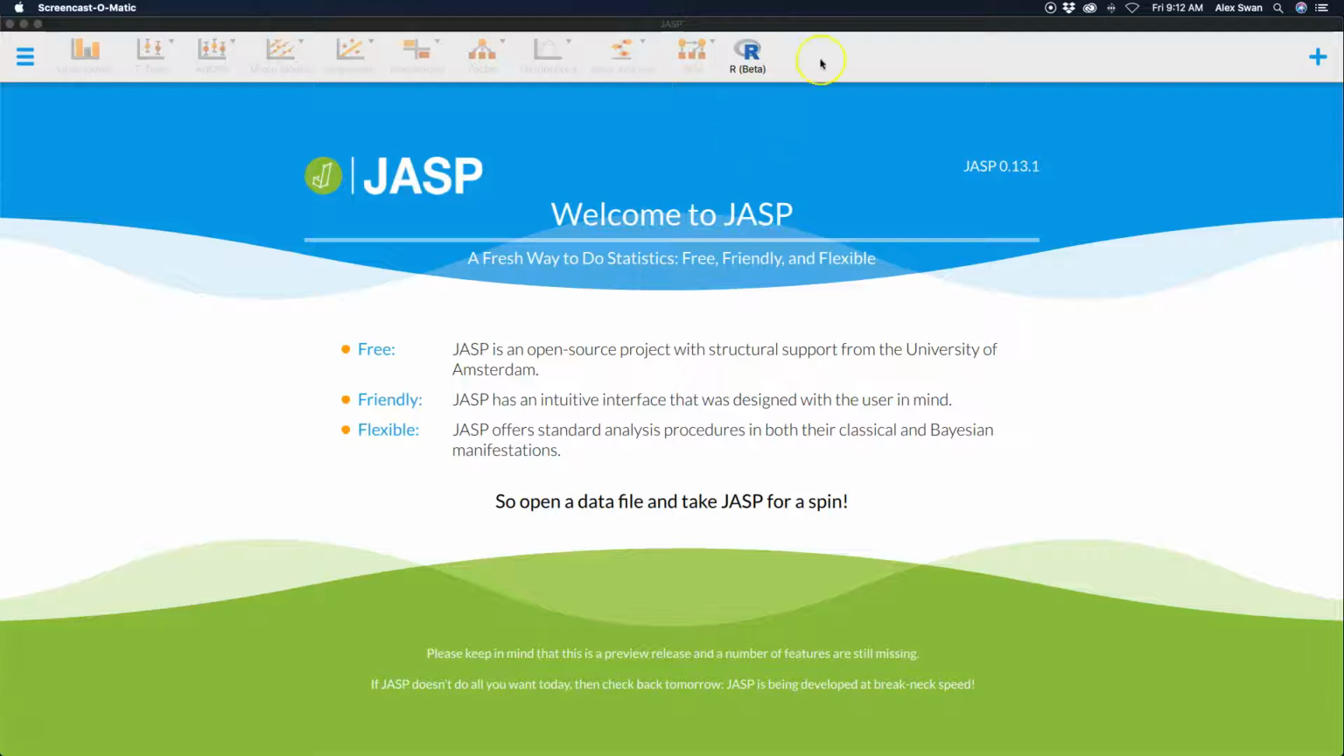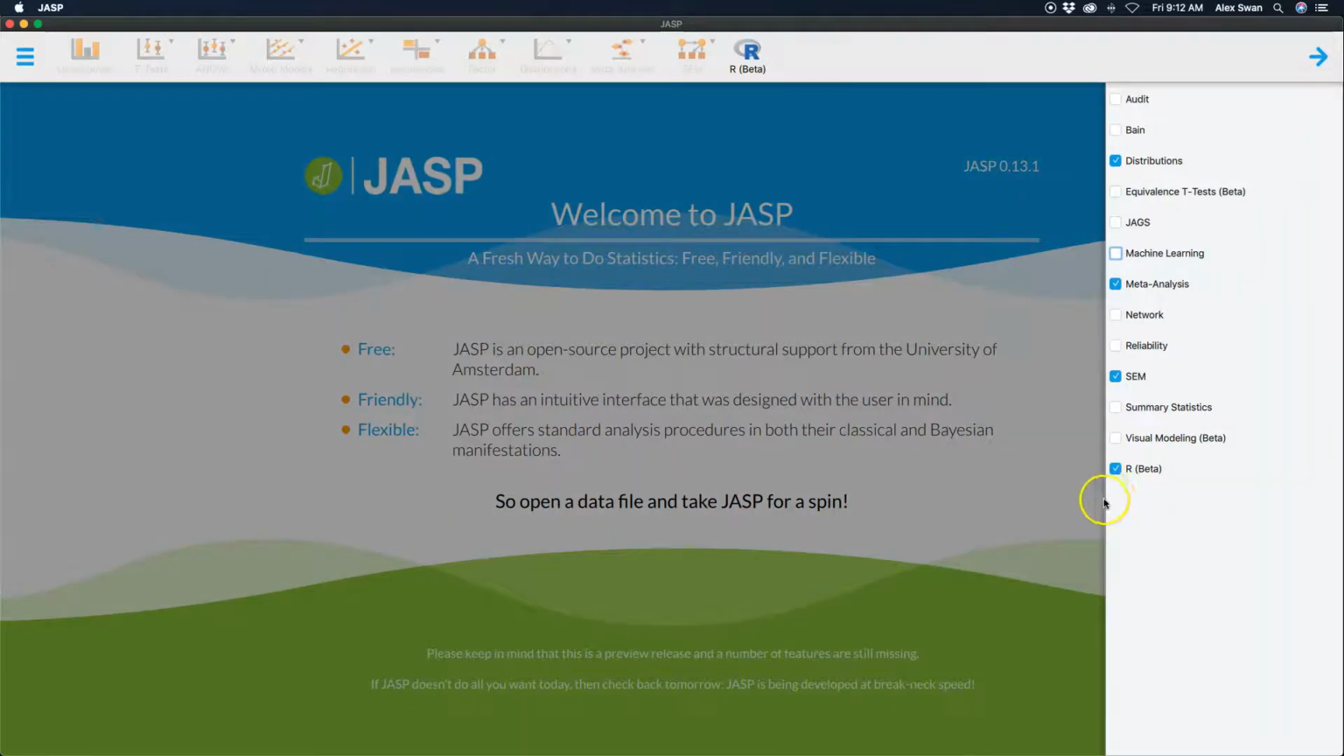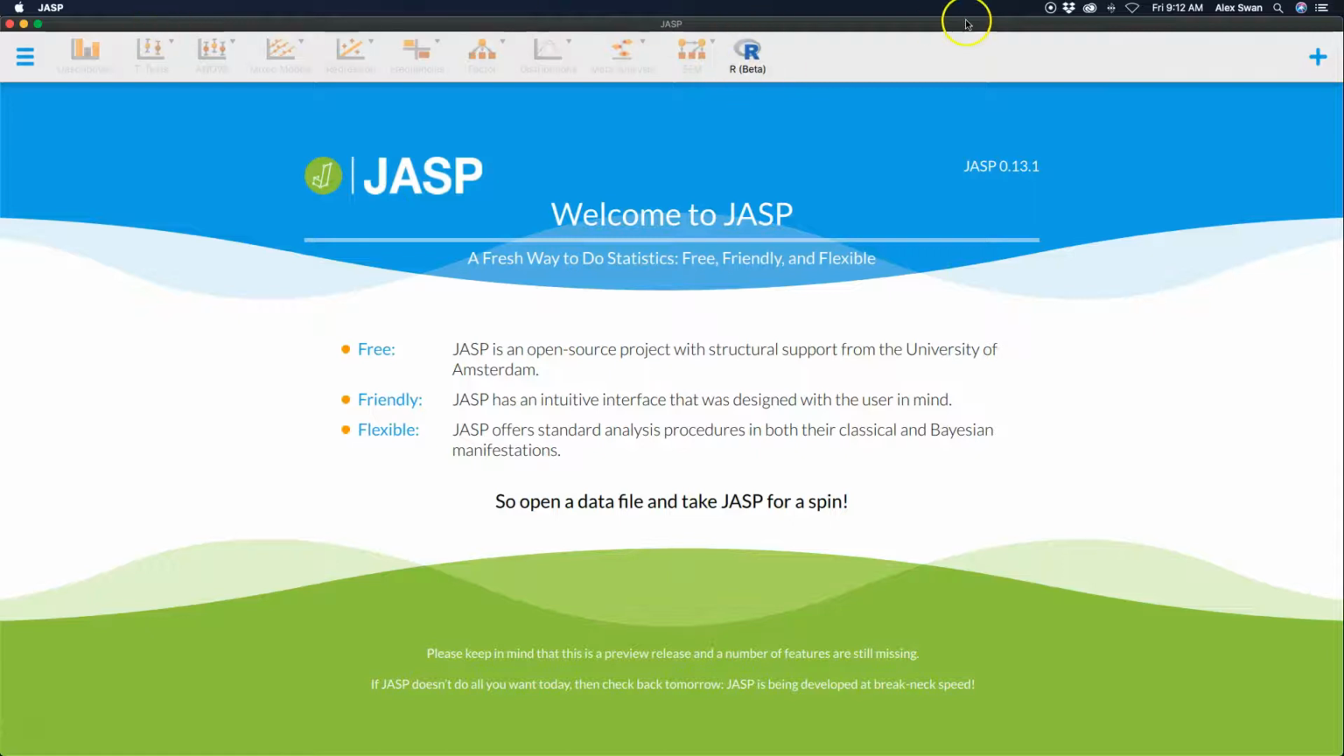module that was added. So this is not one of the base modules, but you can add it by going to the plus sign and checking the box here to add it to your menu bar. And I think it's a wonderful addition to this very lightweight